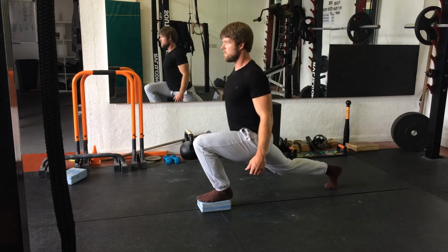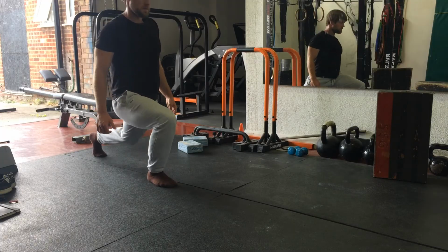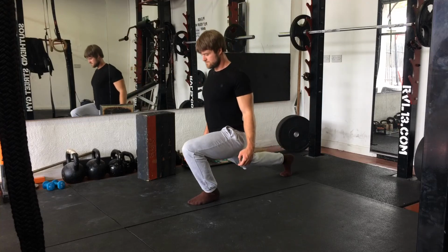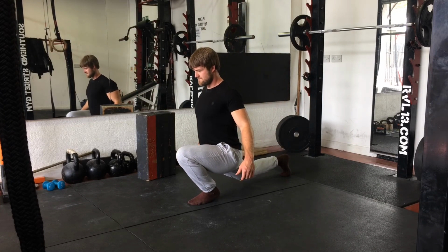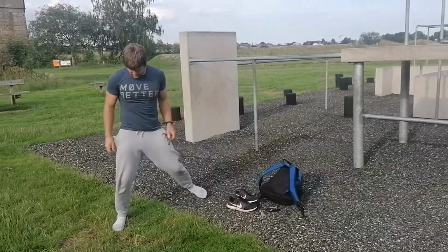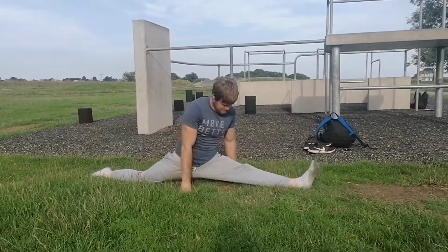And the more advanced you get, you just bring the front foot down, still trying to get that fully closed front knee. This will take some time and an incredible level of ankle mobility, but the general rule of thumb is the back leg is trying to be pulled back as straight as possible while the front knee bends as much as possible. If you get really strong here, there is no way you won't be able to squat deep. There's also no way you won't be able to have front splits cold and all the other cool stuff that will become accessible and available as a byproduct of getting good at the mighty front foot elevated split squat,